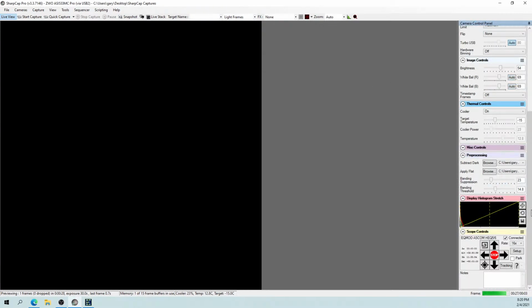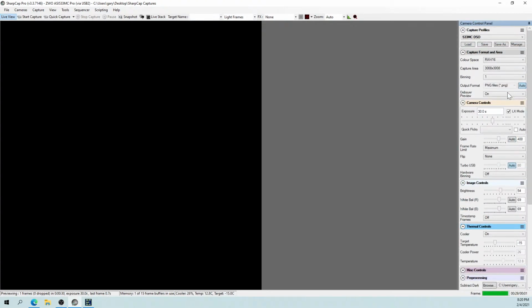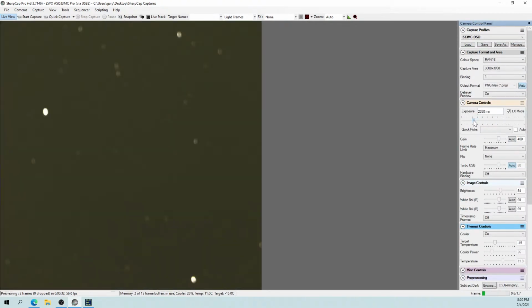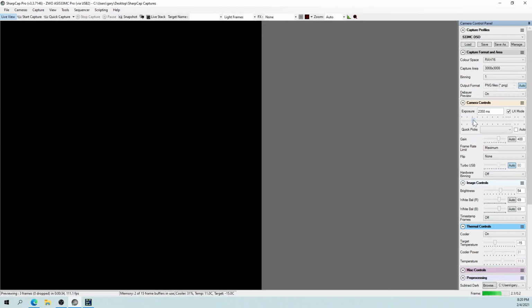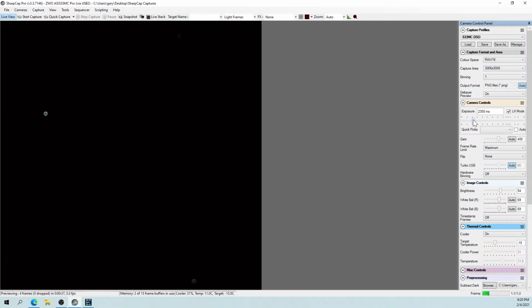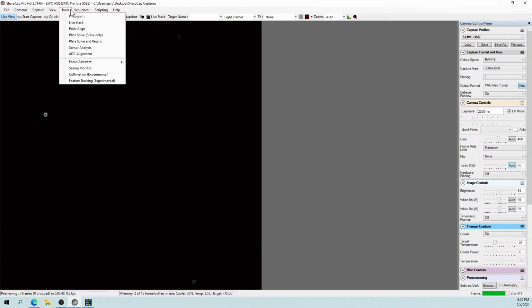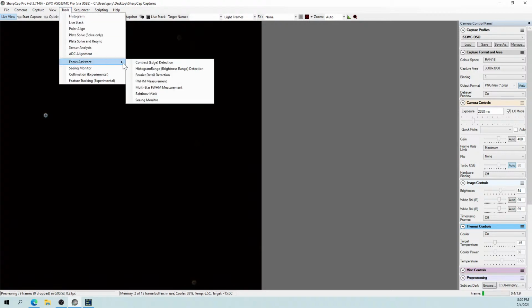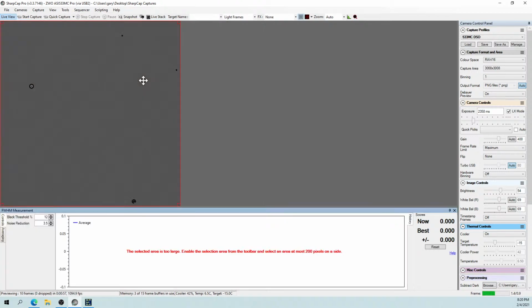Right, so let's see if we can find out if we've got anything like focus, and I'm guessing we haven't. No, that is clearly not focused. So we are going to have to go back into focusing again. So I am going to go into my toolbox, focus assistant, and actually, why don't I show you the other way of doing it? So this is with the